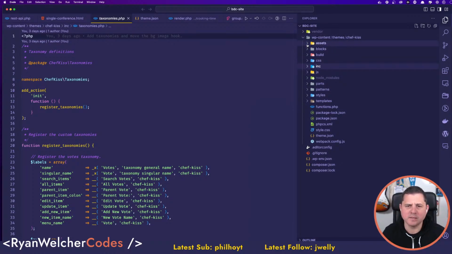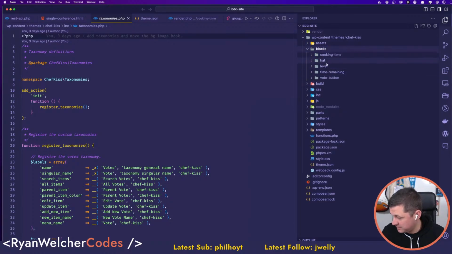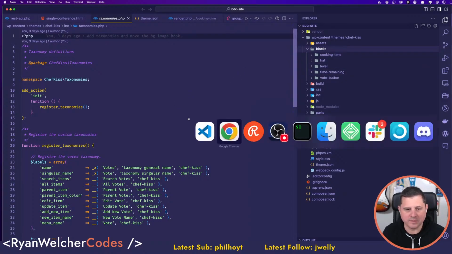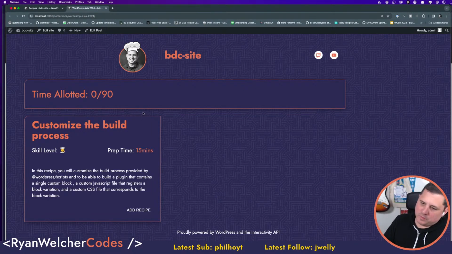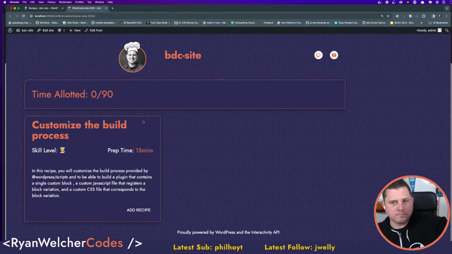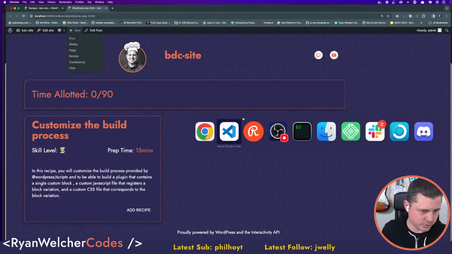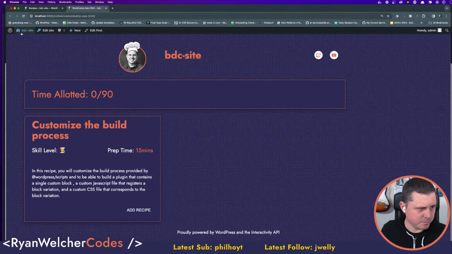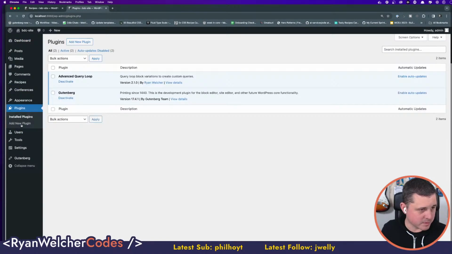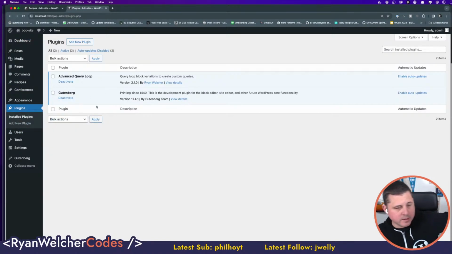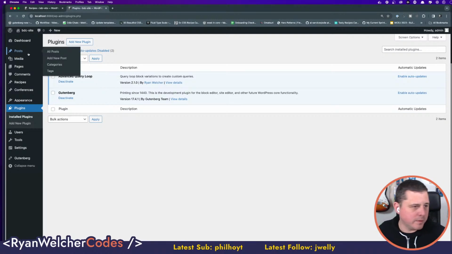The theme has blocks in it. You can actually do blocks. It actually uses the interactivity API as well. So this whole page, these blocks all know about each other, and it requires the Gutenberg plugin to be active, which it should be. Well, it would be failing if it's not active. But let me just go in here and go to my plugins and make sure. Yep, there it is. It's got my advanced query loop in there.